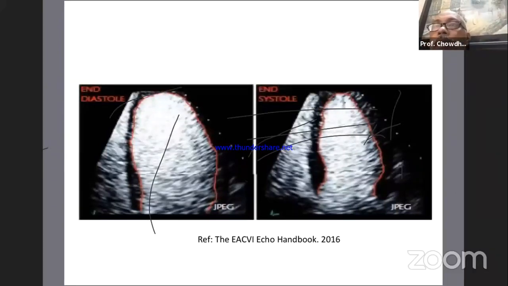We need this test in special situations when we cannot see the endocardial border, and we also need to quantify the left ventricular systolic function. These are the situations when we should have this contrast material available. I tried a little bit to procure this contrast material, but I really failed. I will ask my very learned chairman sir whether we can have this contrast material in Bangladesh,